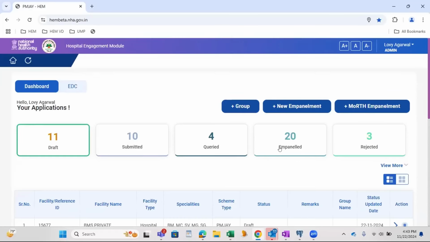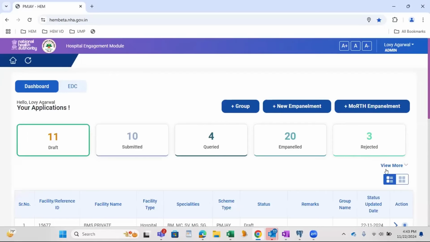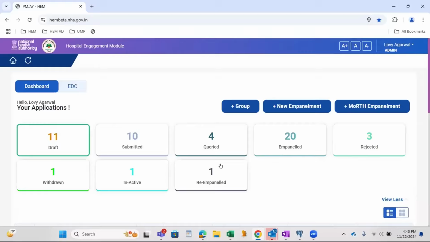Empaneled one are the hospitals for which hospital is empaneled and approved by approval logins as well. Rejected, again the rejected hospital empanelment records. Then other further records. We can expand also to view the cards like withdrawn, inactive, re-empanel.